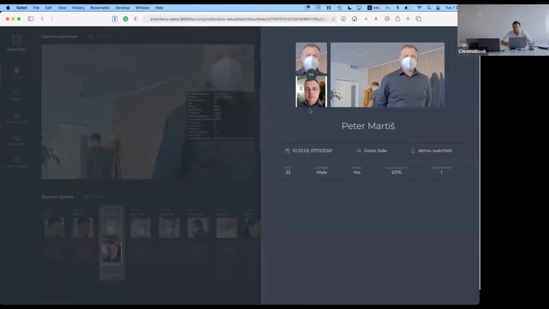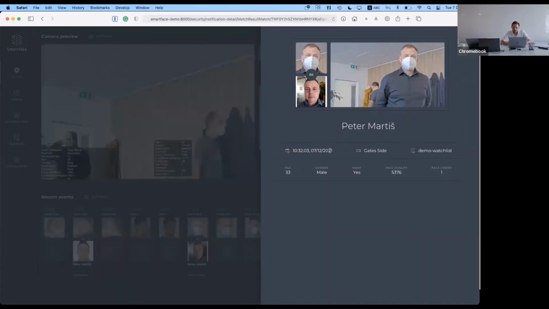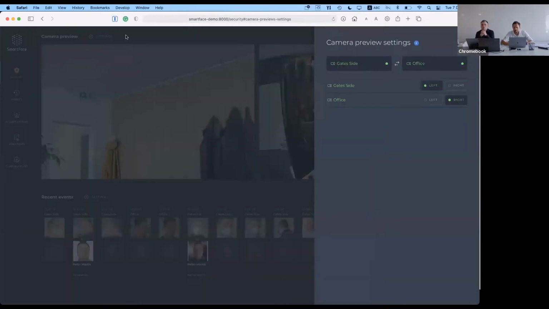From the notification detail, I see immediately the biometric score. We also support switching to a linear score to see it in percentages. We provide metadata about the user, the time, and the camera ID. This way you can also track the user and see exactly in which area the user is. And also metadata like gender, status of the face mask, and from which watch list the user is. This is very valuable information, as you will see in a while when we introduce the face search and history preview. On this custom view, as I mentioned, you can choose